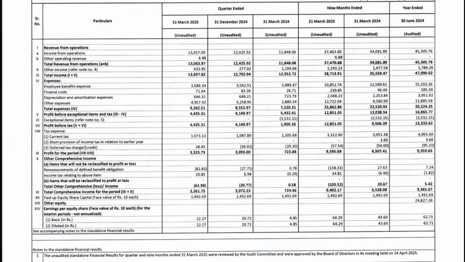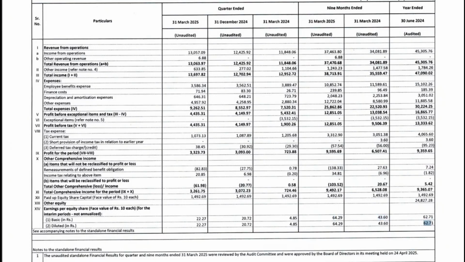So on a per share basis, this comes out to be 22.27. This is EPS. For last quarter it was 20. So for 3 quarters so far it is 64 rupees. And this is down for the same quarter for last financial year because of this figure which was added to the income report. So this is not 64 compared to 43. It is pretty similar actually. This would be something in the range of 63, 64 as well.